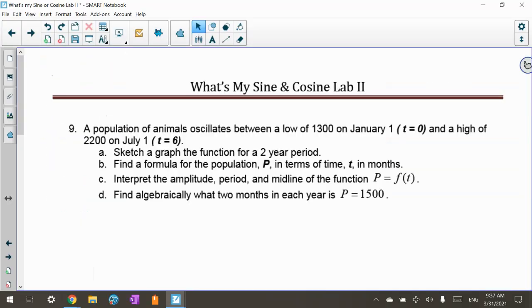Okay, this is my pre-calculus sine and cosine lab number 9. I've done a video already for 1 through 8, so I'm going to do these bigger word problems, just one video